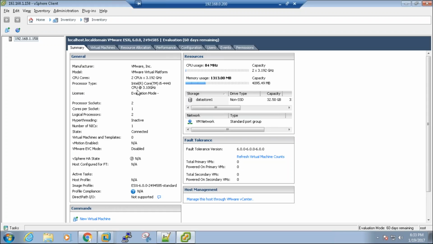So this is a summary of your server configuration, that you have got two processors. The processor is of i5 440. It is running on evaluation mode, two cores, one socket. Hyperthreading is inactive. So you can see all the information that is related to your configuration, and this is the real-time utilization of the ESX server. So